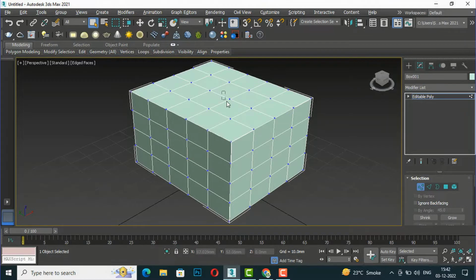If I select this one and use the move tool here, I can move it in the Z direction, take it in X, and take it in Y direction, and so on. So this is the use of vertex here. And if you want to select more vertices, you can go here and press